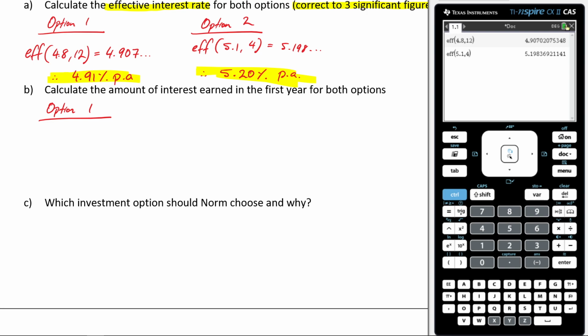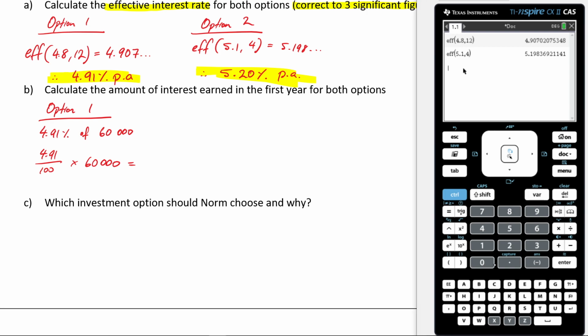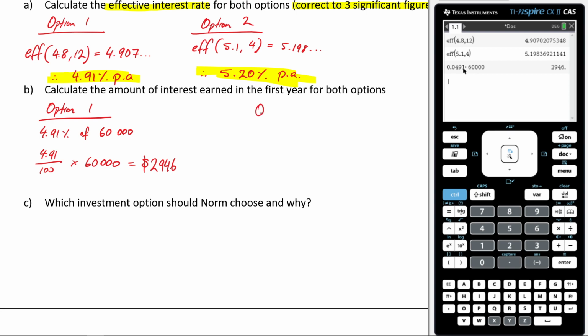So to do this, for option 1, I just need to figure out what is 4.91% of my initial amount, which was 60,000. We should all know how to do this on the CAS. If you're unsure, remember, you're just going to go 4.91 over 100 times by 60,000. And when we do that, what are we going to get? Remember, another way you could have written that down is you could just go 0.0491 times by 60,000. It's going to be $2,946. And then for option 2,